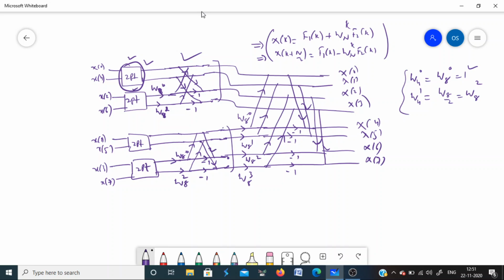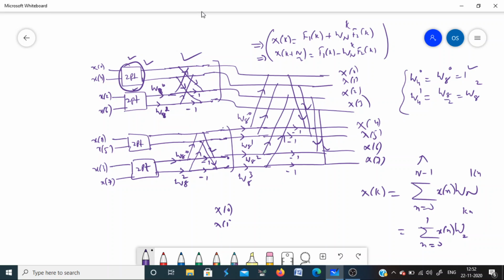You will see it with the same structure, because if you find the 2-point DFT of a sequence, this is the N-point DFT, n from 0 to N minus 1. If it is 2-point DFT, it means your n will go from 0 to 1 only, because capital N is 2, and you have x of n, W_N, capital N is 2, to the power kn. So first sample you will get x0, you have 2 points only. What will be x0? When k is 0, it is simply x0 plus x1, and when k is 1, it is x0 plus